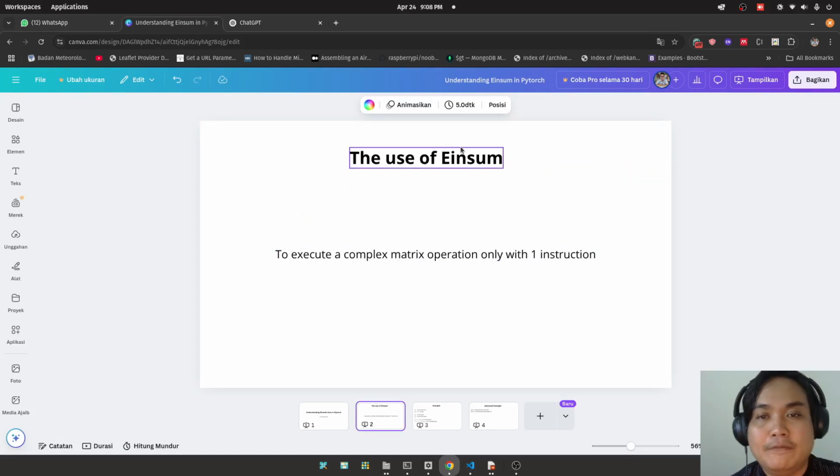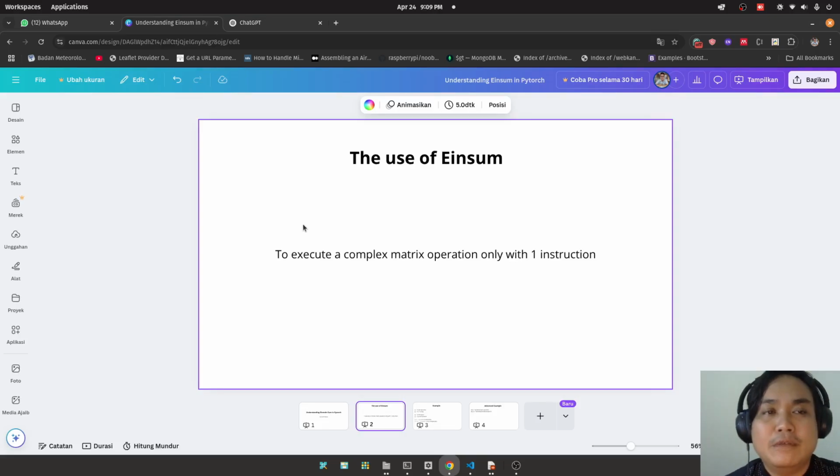And here is the use of einsum. So what is the use of this certain function? It's just to execute a complex matrix operation with only one instruction. Usually in a complex neural network you will find such operations because the dimensionality is quite high, so of course the operation will be complex. That's why using einsum you could write with just one line to summarize several lines, like 10 lines or